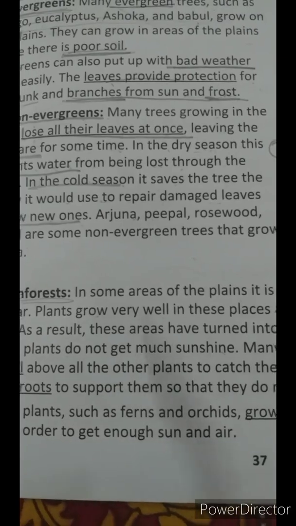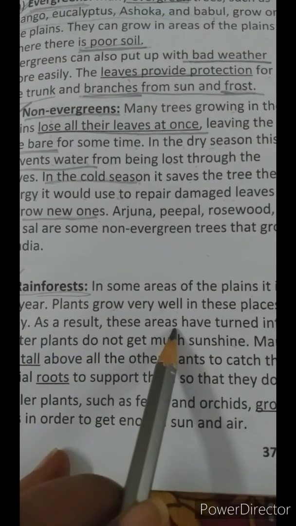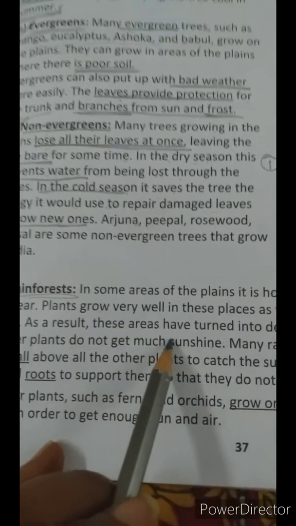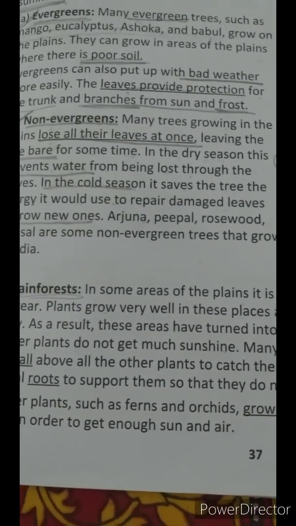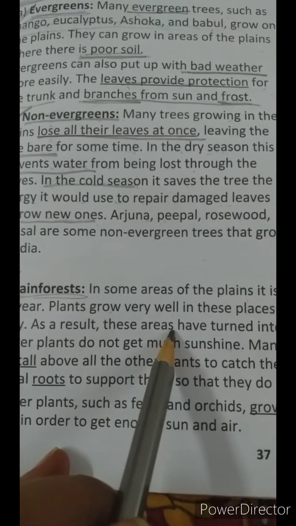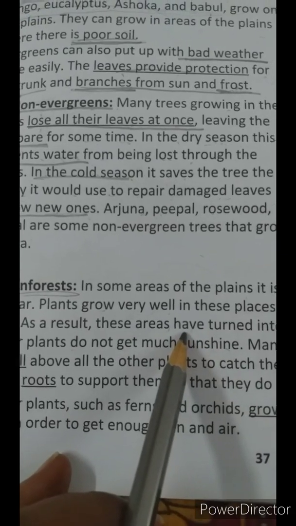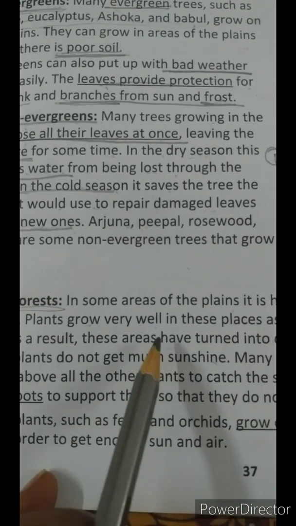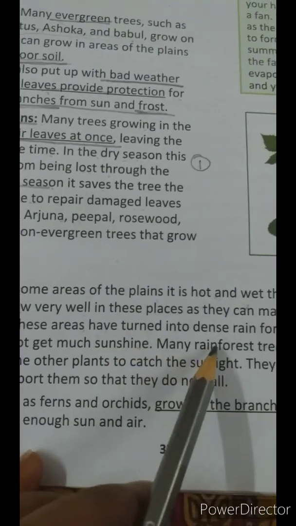Okay, children. Here in these areas, the leaves are thick, big and waxy. Why waxy, children? Waxy means that there is a thin layer of wax covering these leaves, and these waxy leaves help the plant to drain off, to slide off most of the snow and rain easily.